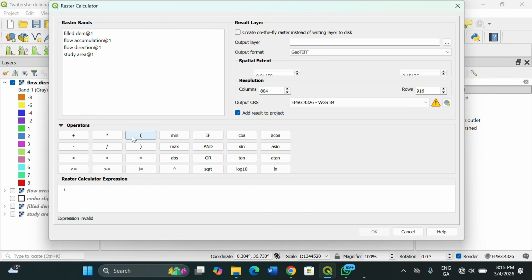Okay, and we'll start by opening the bracket and then say if flow direction is less than 0, if flow direction is less than 0, then multiplied by -1 multiplied by flow direction, that is our negative equation, add it to flow direction greater than or equal to 0, close the bracket, multiplied by, instead of just simply multiplying it by 1, and since 1 times flow direction adds up to flow direction, so we just input our flow direction, and